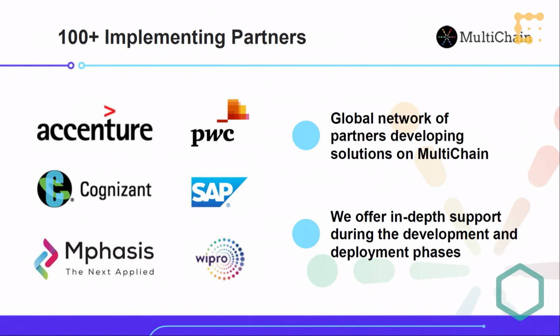We don't do projects for end customers, so when I say that we have 10 enterprise blockchains that actually work, what I mean is that our partners have built 10 enterprise blockchains that are in production. We focus on developing the core platform, and we've partnered with more than 100 companies who use Multichain to build solutions for their customers, and in some cases for their own proprietary products. We're there behind the scenes to provide support, both for the development process and also once things move into production.